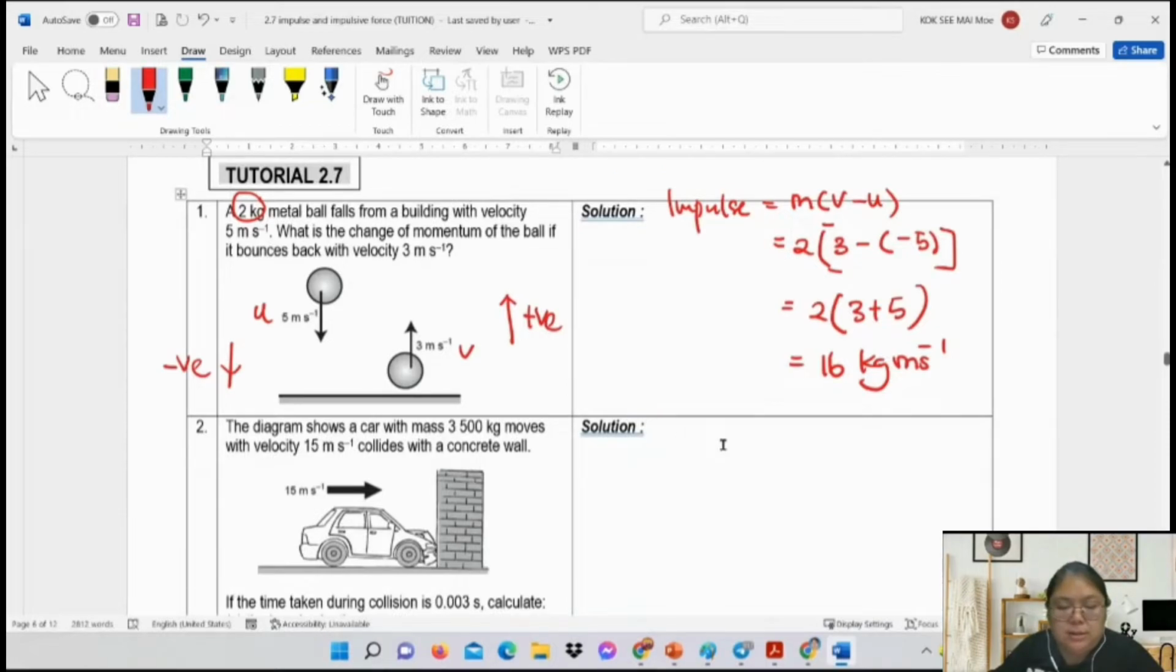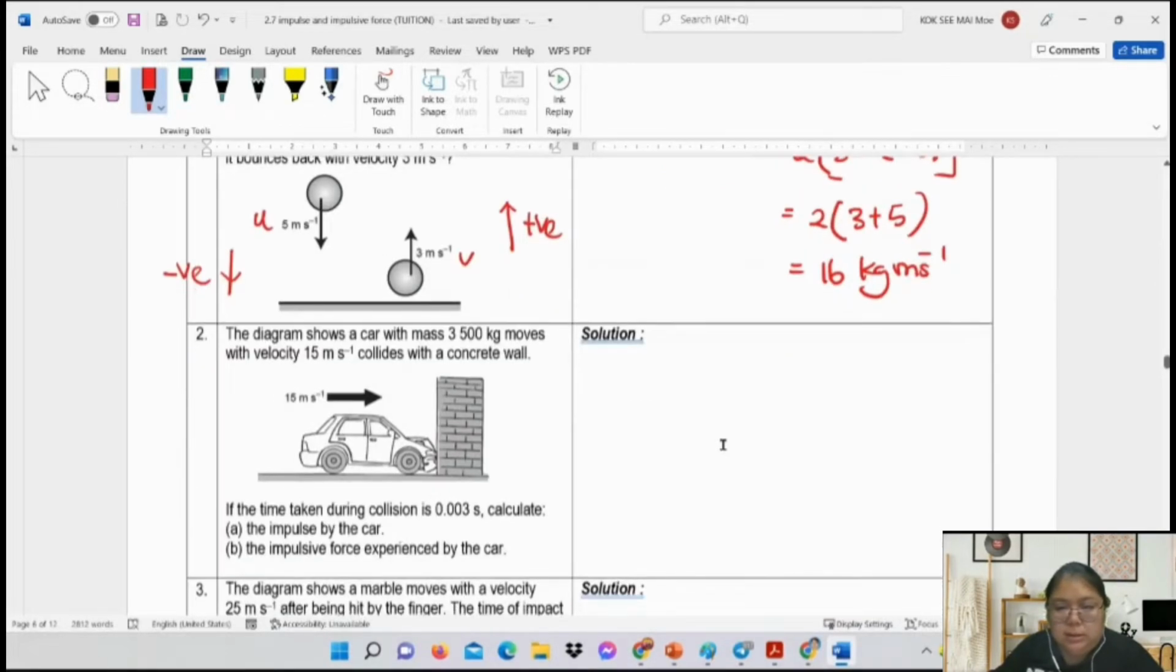You check your answer. You must practice how to press your calculator. Don't every time just copy the answer, then in the exam you won't know how to start the calculations. Now we go to number 2. The car, the mass is provided, moving with the velocity 15. So from here, mass is